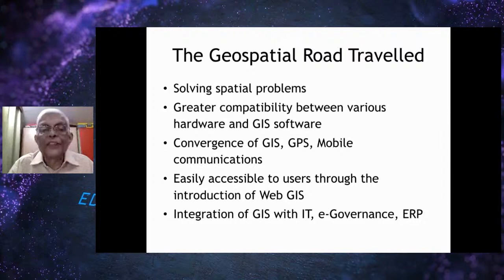Then, of course, WebGIS is another technology which got developed and which is very, very easily accessible to the users. And then today what we are seeing is that we have integrated geospatial systems with information technology, with e-governance, with ERP, and so many other technologies. So basically, convergence is bringing in a lot of applications. But the point is that